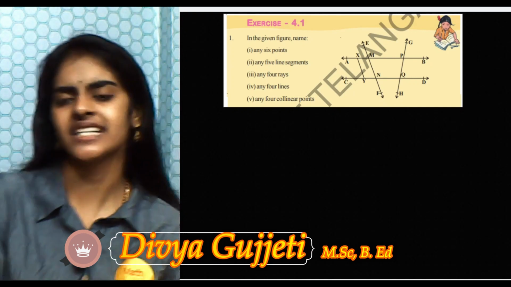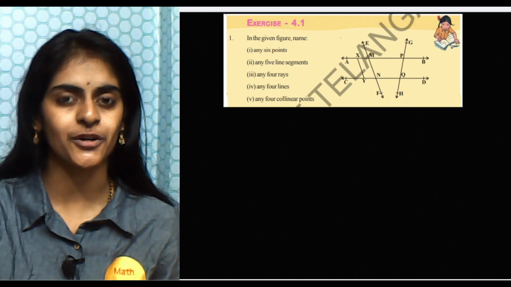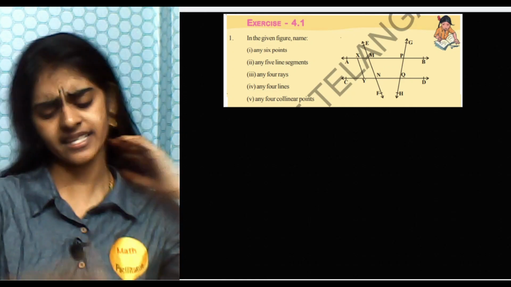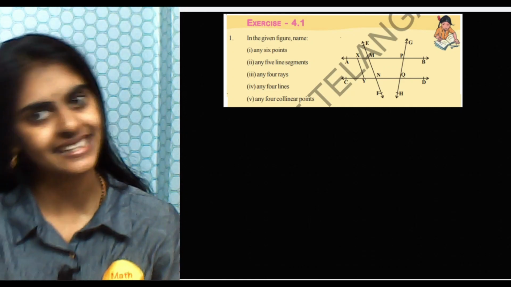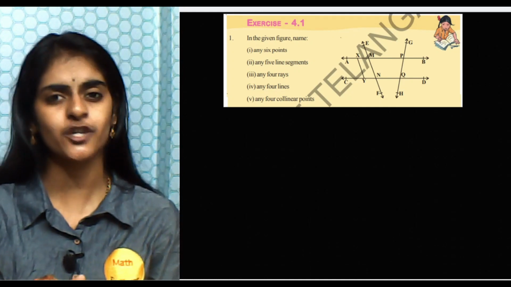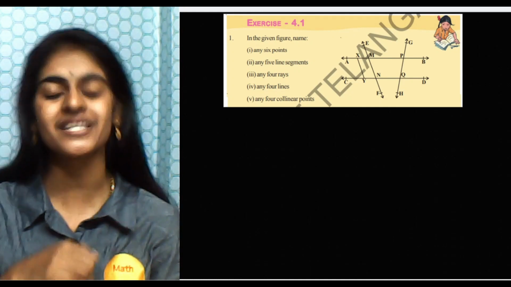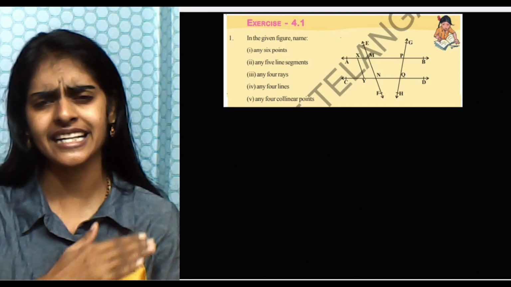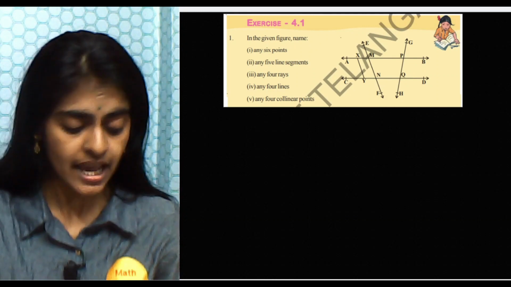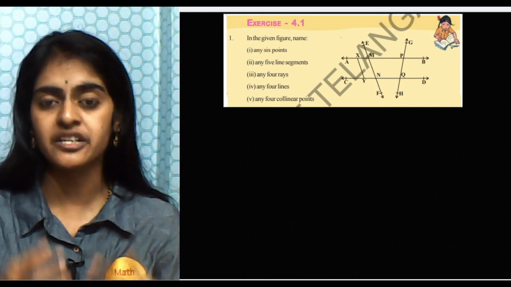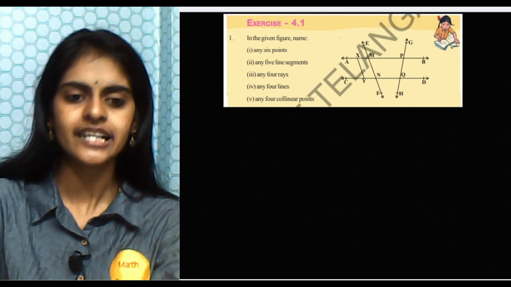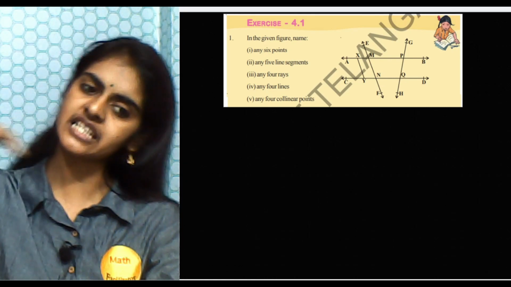In this session, we shall learn the solutions of exercise 4.1 of class 9. The concepts of this chapter I have discussed very clearly in the earlier video. If you missed watching that, then I suggest you first watch those concepts so that you will have a clear understanding, and then we can proceed to the exercises, because here at each and every step we need to understand the problem. Since it's geometry, here is the first question.